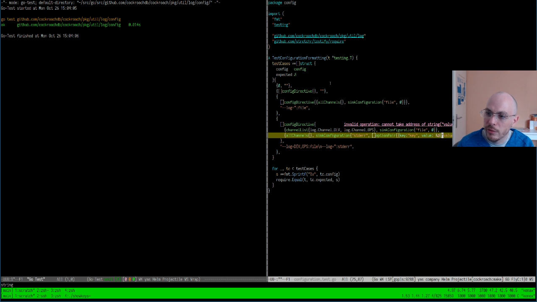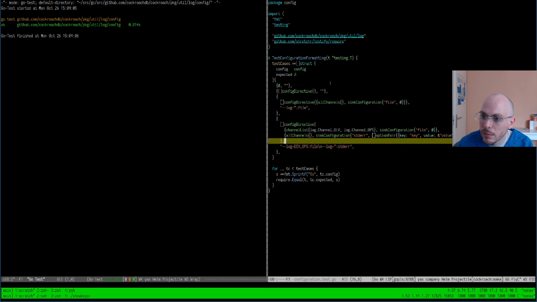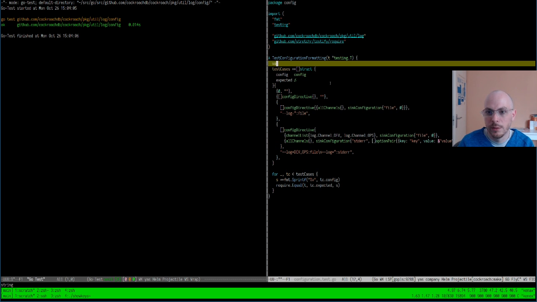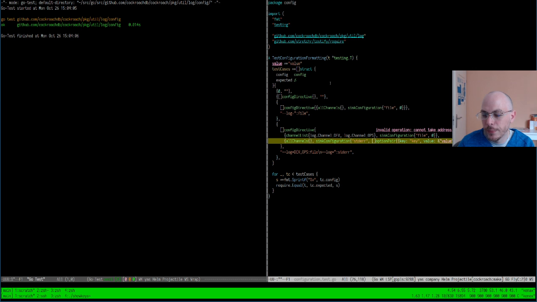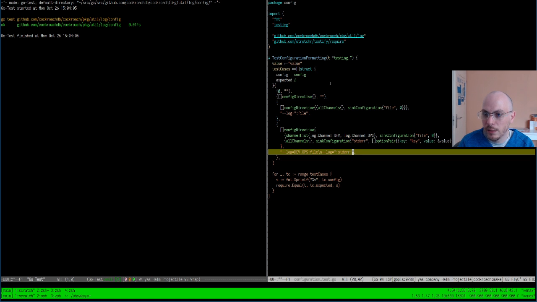Can I take the address of a constant string like this? Maybe? Is that a thing in Go? No, it's not a thing in Go. So if it's not a thing in Go, we are going to make a thing in Go. And now my sink has options.